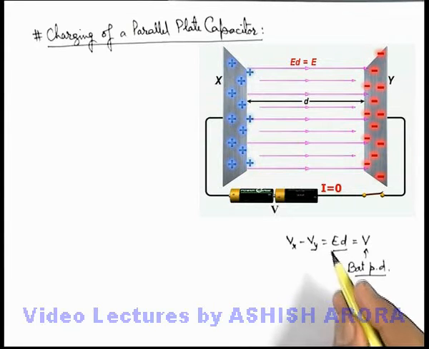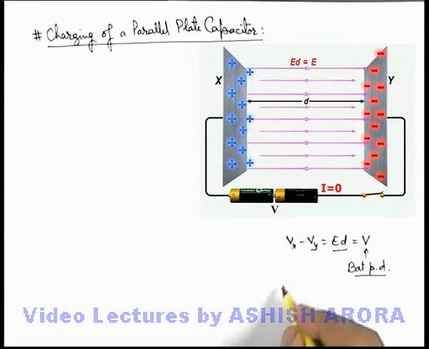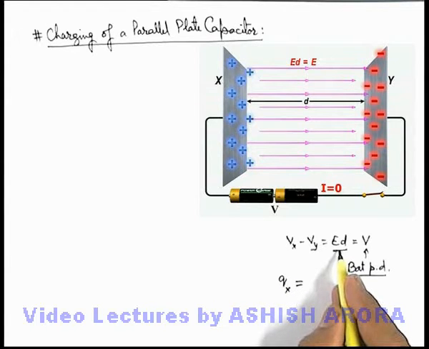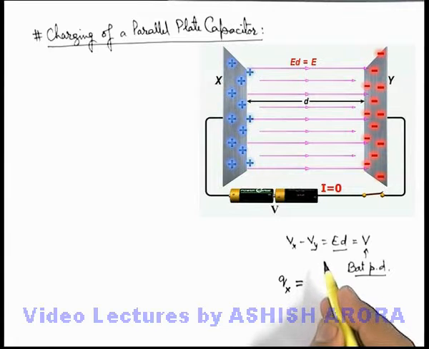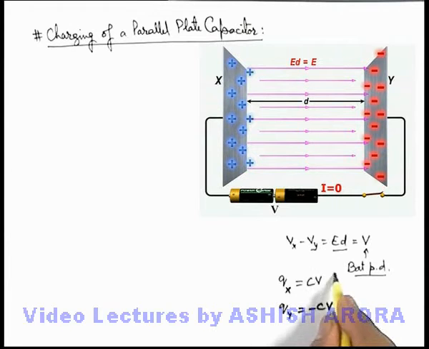This situation, when the capacitor is charged, one plate, here the plate X, is charged with the potential difference V with respect to the other plate, or Y is charged with a potential difference V less than the plate X, then this Qx can be written as CV, and the charge on plate Y can be written as minus CV, because here plate X is positively charged and Y is negatively charged. And in this situation, we can say the charge of the capacitor is of magnitude CV. And this situation we call a steady state.